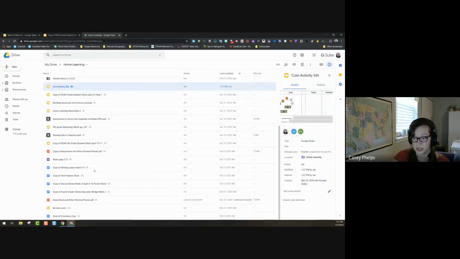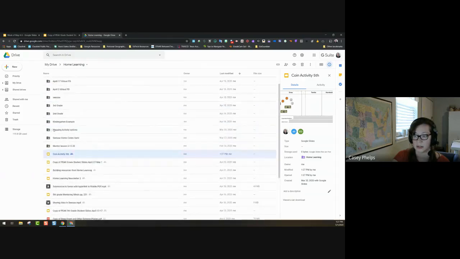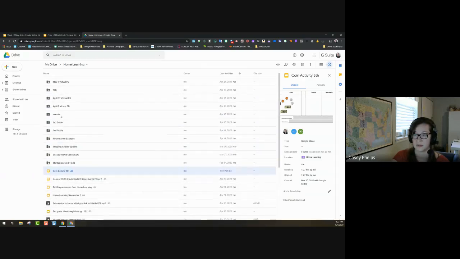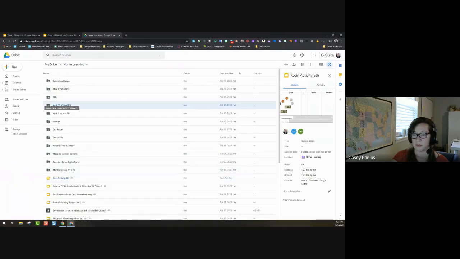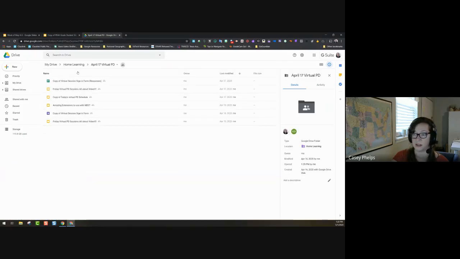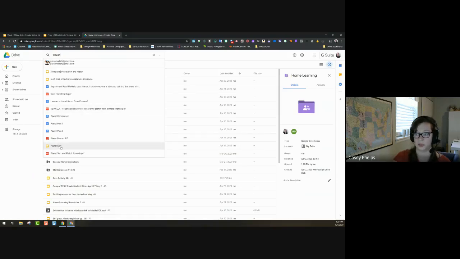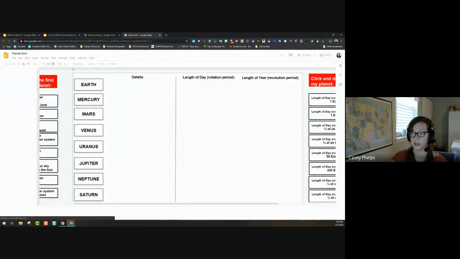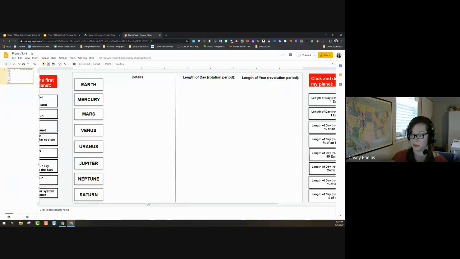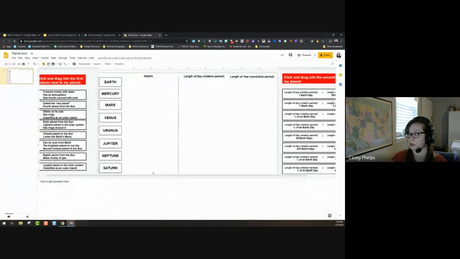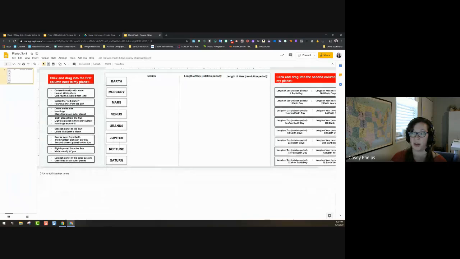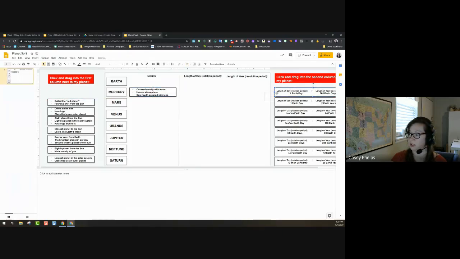Another one that we did was a, let's see, I have to remember which week I did it in. That's not it. I want the planet sort. There we go. So there's planet sort. So this one, I actually have to make the speaker notes a little bit bigger so that you can see everything. So I have one column here, and you are going to drag that one to the planet. Okay, and so then I can drag and sort